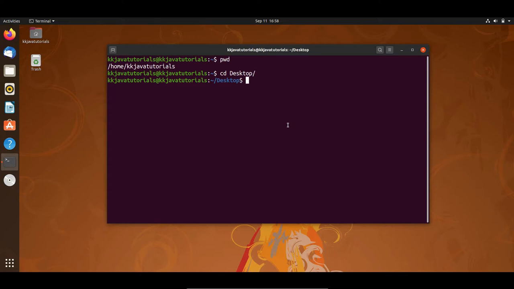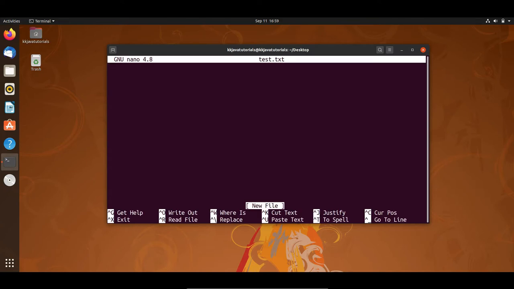Now the very first command I'm going to use is called nano, and you have to specify the file name. So here I'm going to specify my file name like test.txt. If you press enter, if this file is already created and present on the desktop, then that will be opened. If this file is not already created, then a file will be created. As you can see on the desktop, this file is not there, so this file is going to be created.